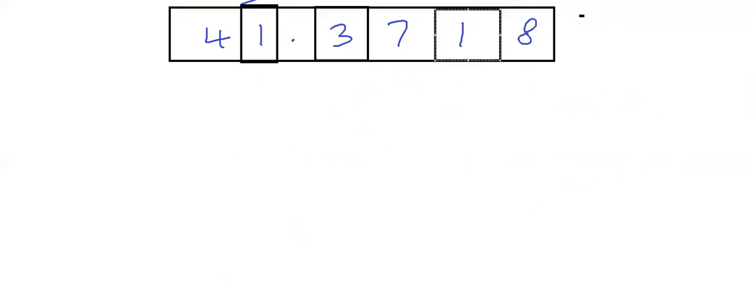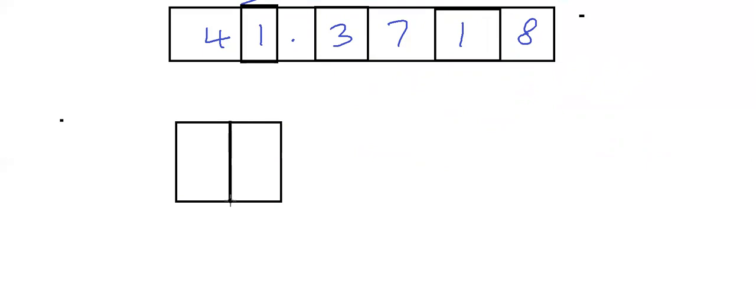Okay, I want to make this a whole number. So when I want to make a whole number, I should have only this, nothing else. Correct? So when I say whole number, this 4 will come here as it is, but here this 1 is there. So this 1 should be replaced by 1, or it will be 2. Who decides that? This is decided by the next number, which is 3.